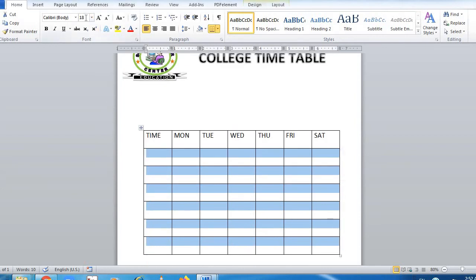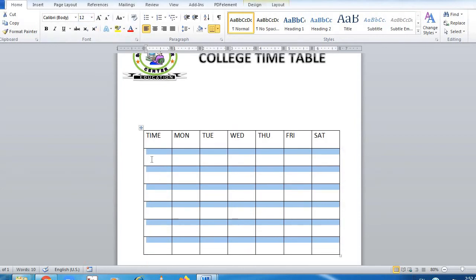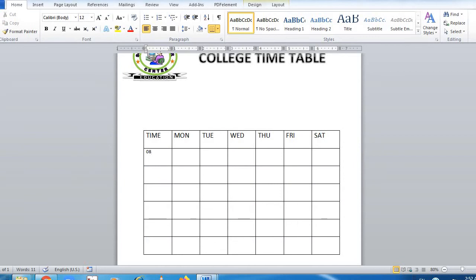You have to write down the timing also. 8 hyphen 9.